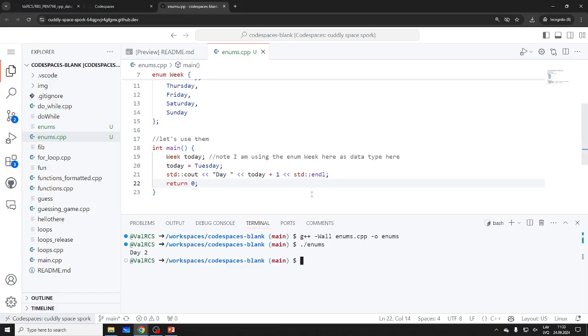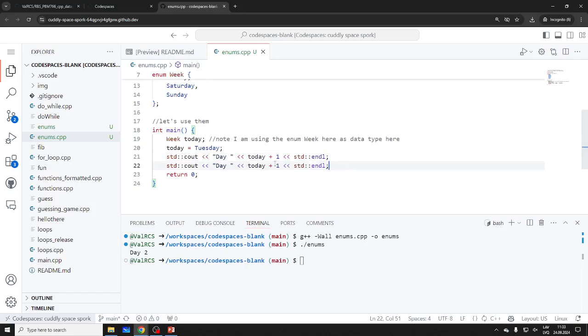So the thing is, you can do math here. Technically, let's see what happens if I add 2. If I add 100, well, it's going to cast. This is going to be 100 on 2, no, 100 on